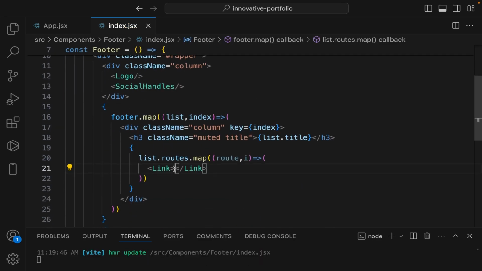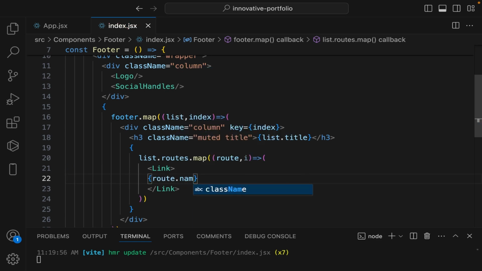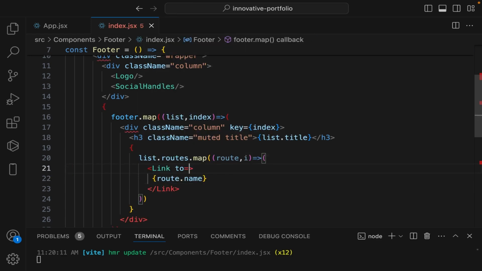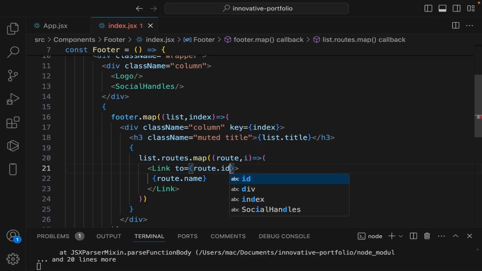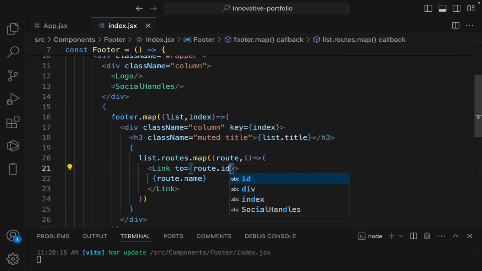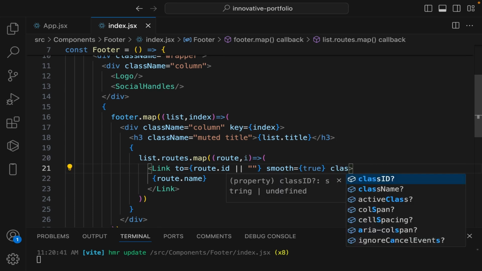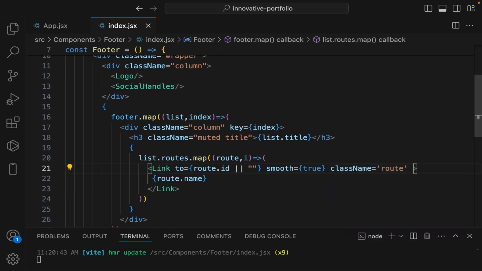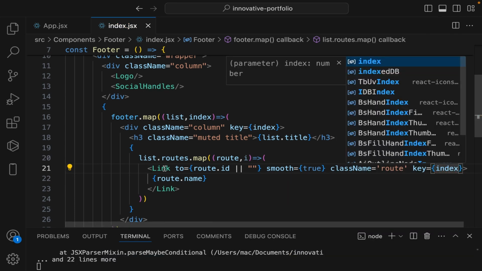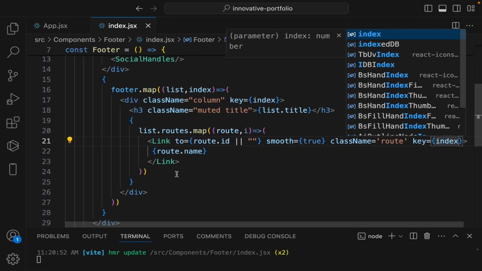So we import Link from React Scroll and we output our route name here. And let's give the link a to, it will be route.id. This ID is the same as the ID we used when creating the different sections we have created already. Key, let's say index,